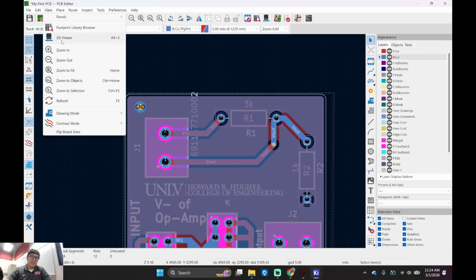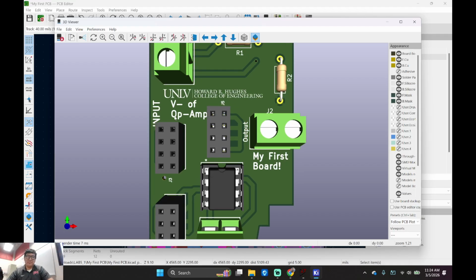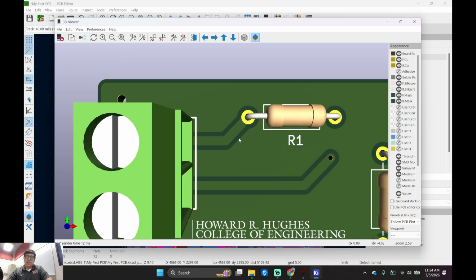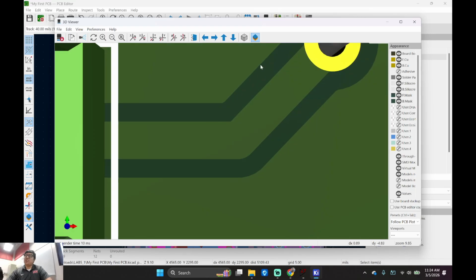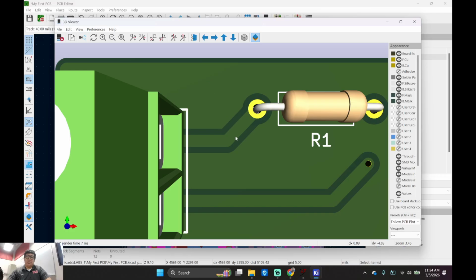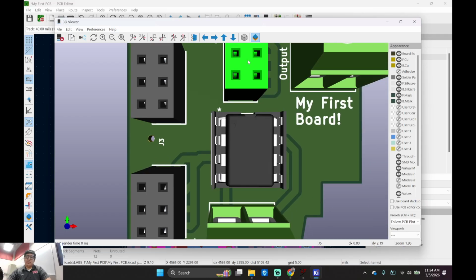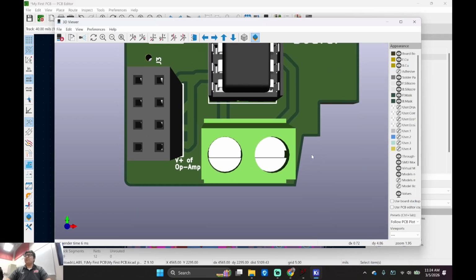Let me show you. 3D viewer. Oh, let's go. Okay, you see this right here? That's the etch. They're gonna etch this out. Okay, does that make sense? And this is copper. This is copper. This is copper. This is an etch. Okay, does that make sense? And this will take 2 to 3 business days to build.